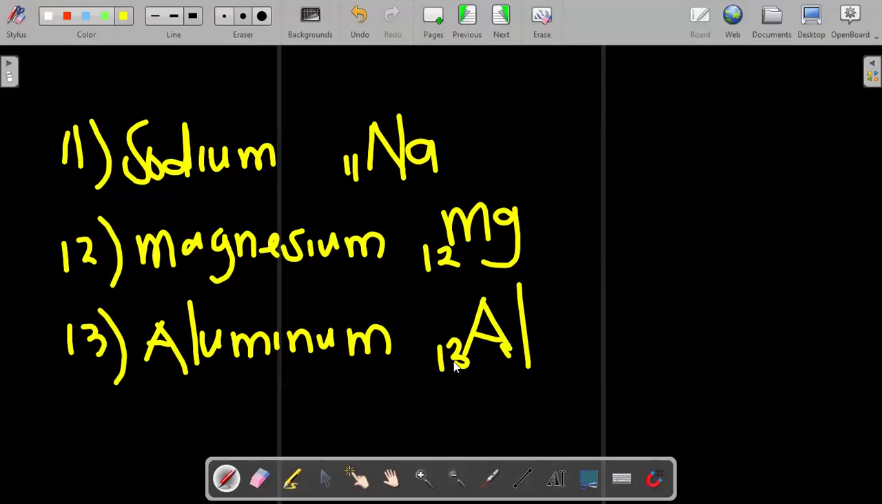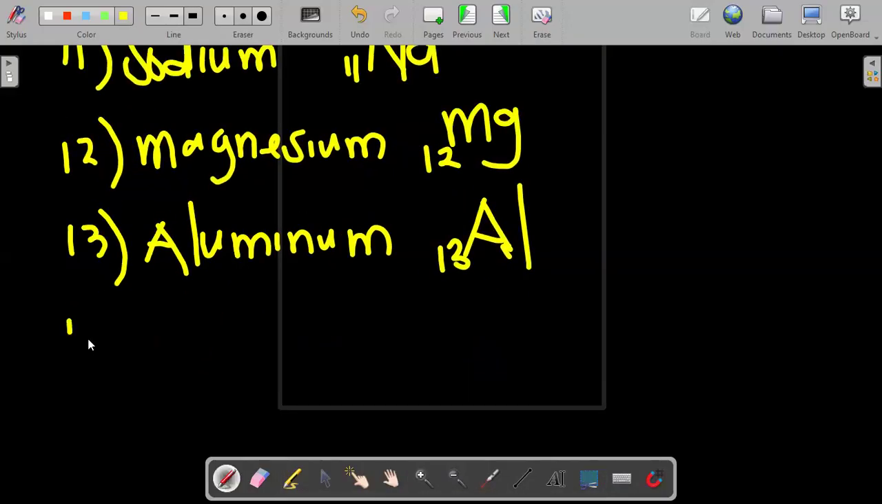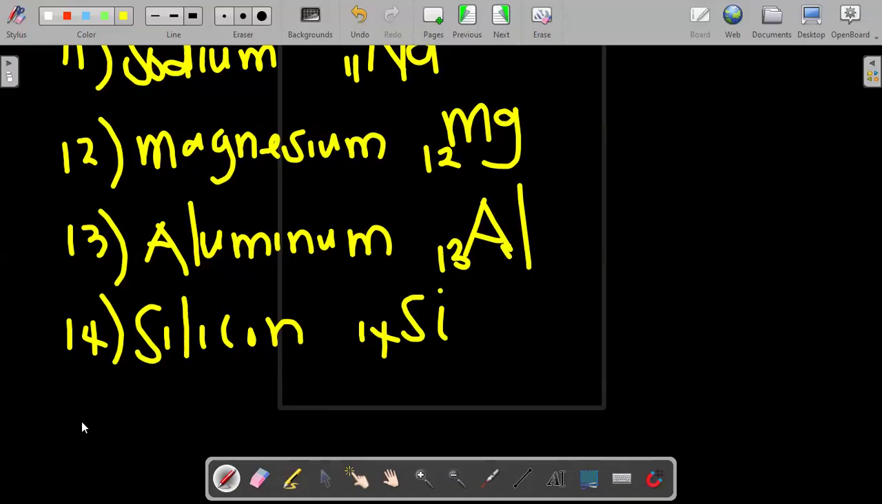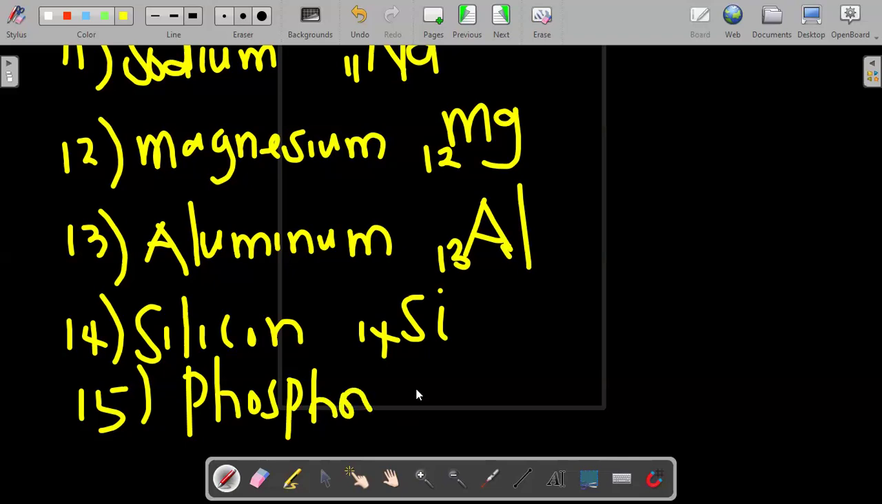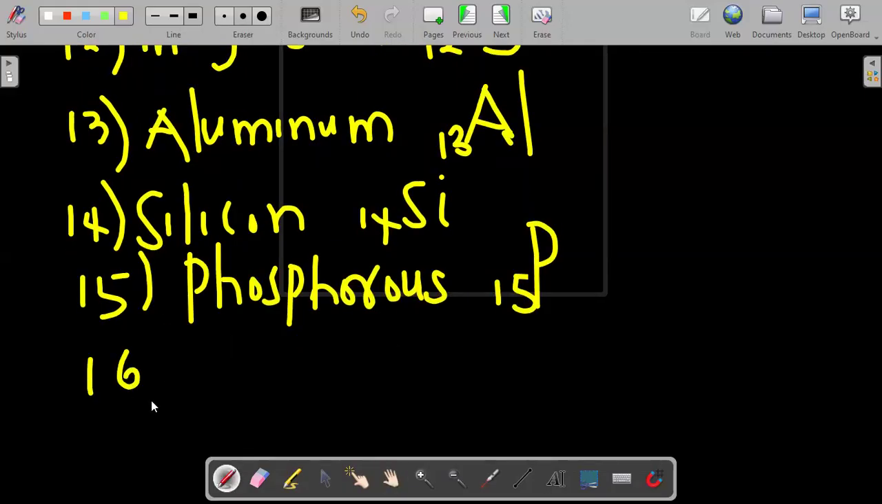Then number 14, we have silicon, which is Si, number 14. Number 15, we have phosphorus, which is P15. Then number 16, we have sulfur,